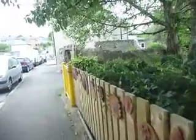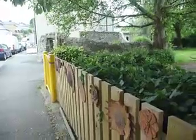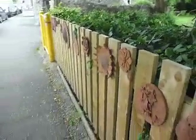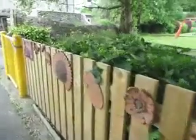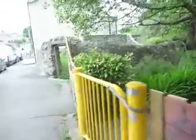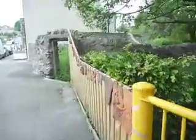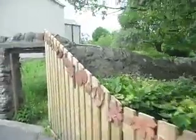Some people may think that these spikes sticking out are dangerous. I think that's a bit far-fetched, in that they're perfectly obvious and you don't have to walk close by. And what's the point? What's wrong with a little bit of danger these days? It makes you more aware of where you're walking. So I feel things that